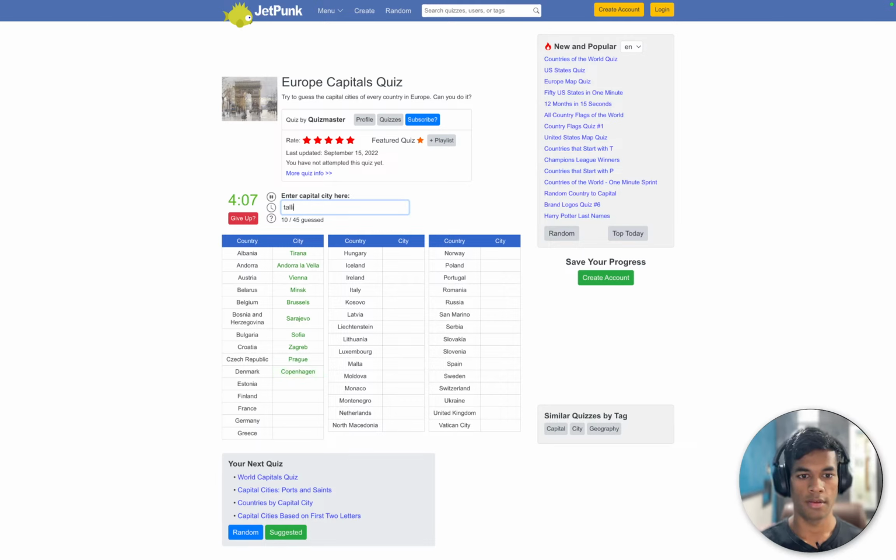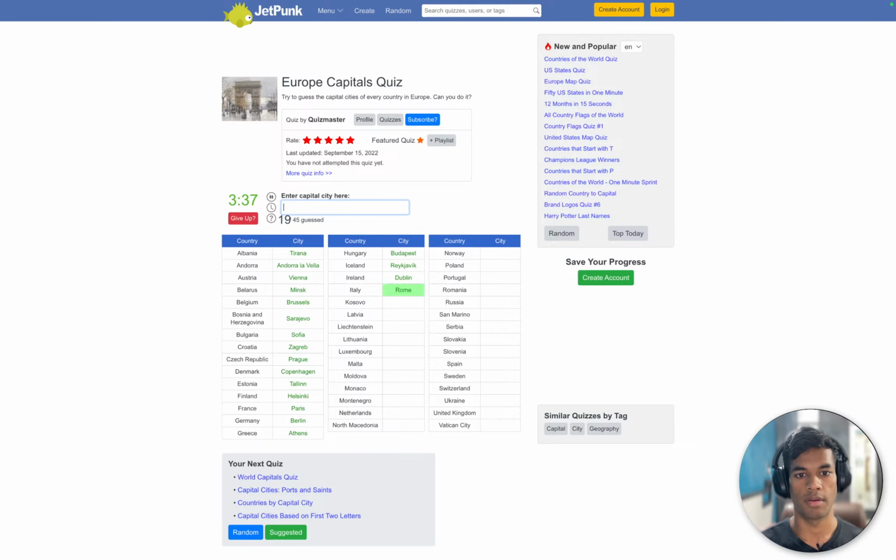Estonia, Tallinn. Finland, Helsinki. France, Paris. Germany, Berlin. Greece, Athens. Hungary, Budapest. Iceland, Reykjavik. Ireland, Dublin.